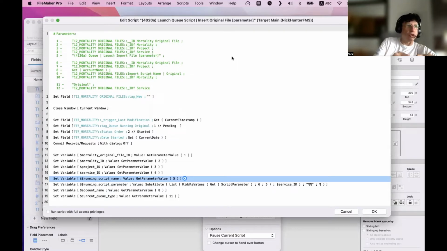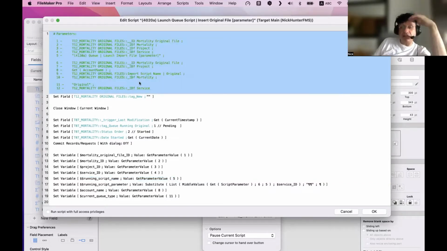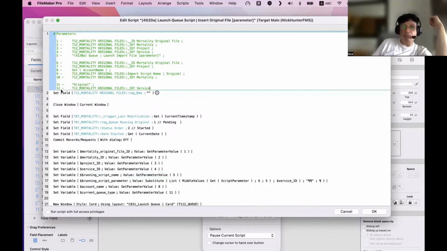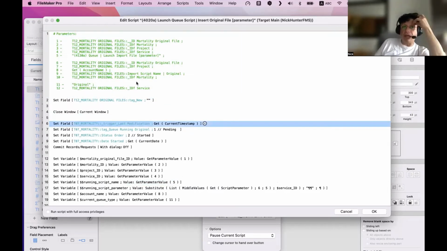I'm coming from a world of FileMaker, just to explain, where we couldn't copy paste scripts. I don't know. You need to be 40 years old and more to know that we couldn't copy paste scripts. We had to replicate the script all the time. So I'm coming from that world, right? So I'm used to feeling the pain. But this is not painful. This is just a matter of preference. It's just a way. I like that way. It's the way I like it. So I show you what I like.